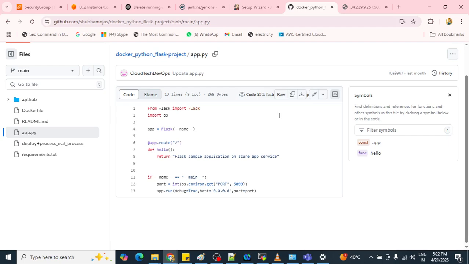In that particular Dockerfile we need to give some instructions also, like the FROM instruction, where we need to provide some OS information, then the RUN instruction, and the COPY instruction.